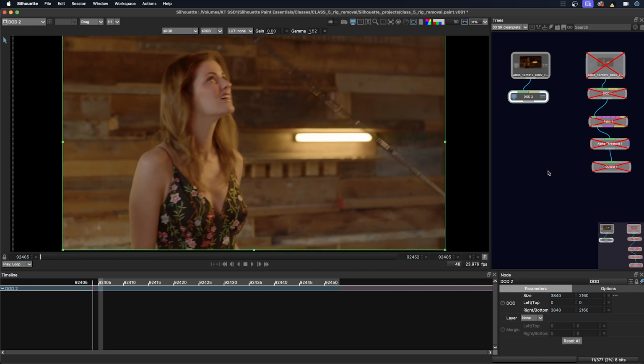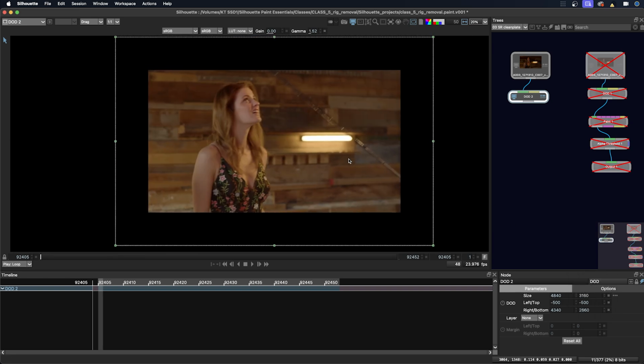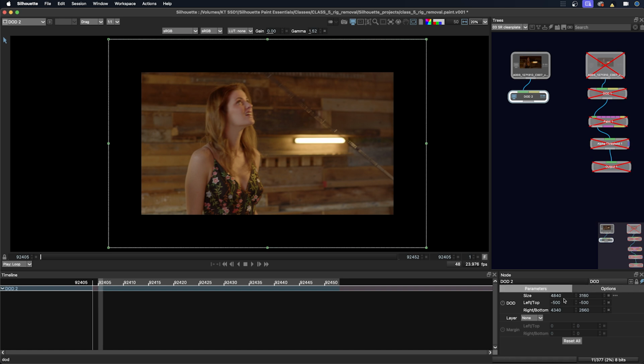So I'm just going to add 500 pixels on each side, which means I need to make it 1,000 pixels bigger on top and bottom. So I'm just going to change this to be 1,000 pixels bigger: 4840, and then 3160. You can also drag out the green borders, but I prefer just to make it a little more even and not have any mistakes. If I'm just trying to pull them out, then I have to be a little more precise. Then in order to make this our canvas, we have to do one more thing.